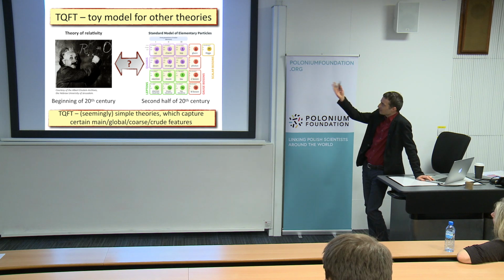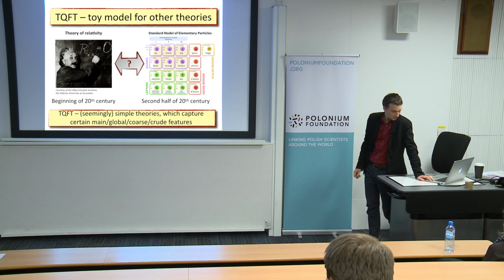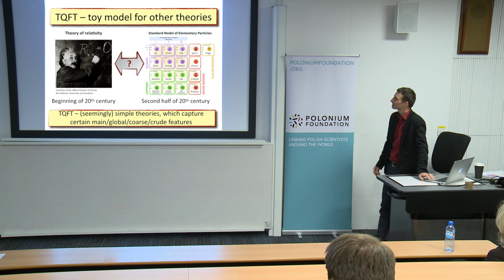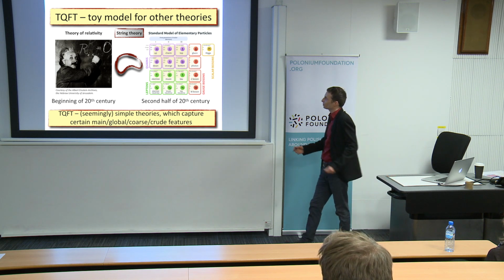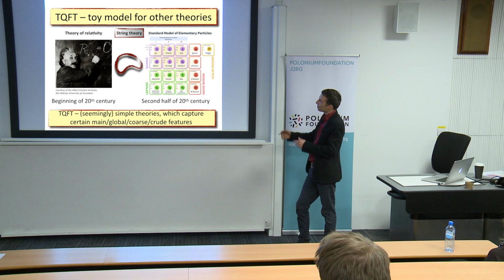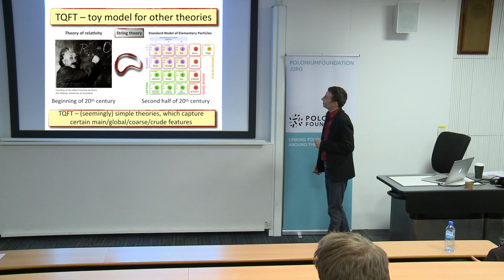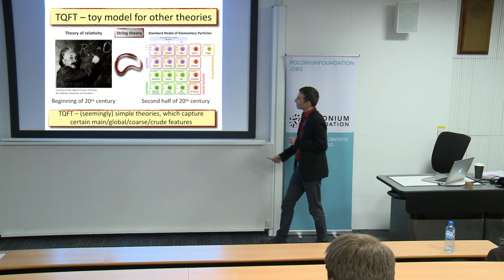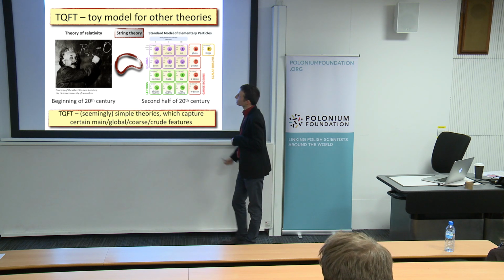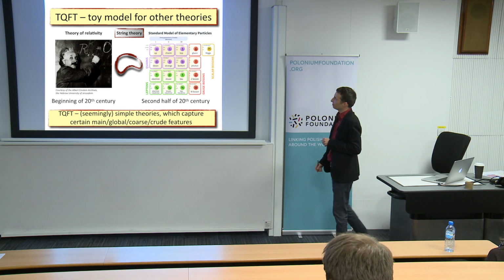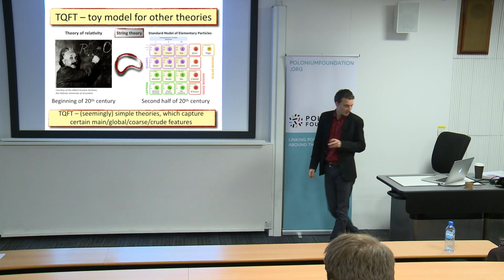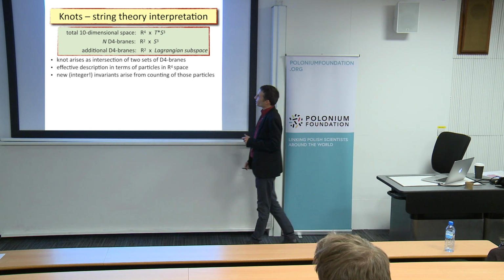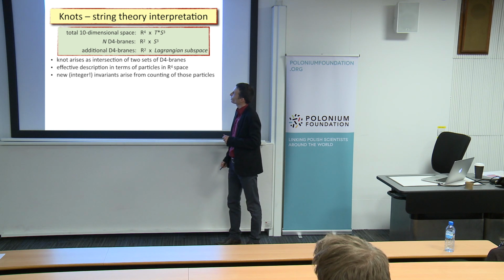And physicists are trying to unify these two theories. There are various ideas, and one of the important and quite successful ideas is string theory, which in some way tells you, at least qualitatively, how the theory of relativity and the theories behind the standard model could be unified. I'm mentioning that because there is also a topological version of string theory, which is simply called topological string theory. And within that theory, you can also formulate various statements known from knot theory.